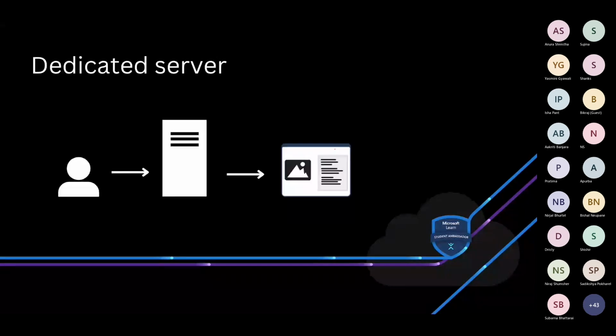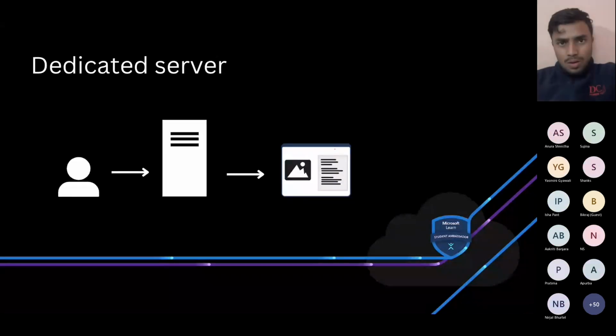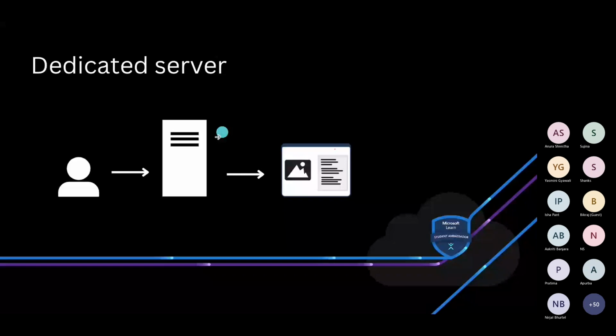So in the figure, as you can see, it's a dedicated server where there is one physical machine. This is a physical machine, and this is a single business. So you can say this physical machine is catered towards a single person, like a single business. And with the help of that, he runs a website. So in this, what we can say is that a dedicated server is a type of web hosting in which a single tenant rents an entire server from a